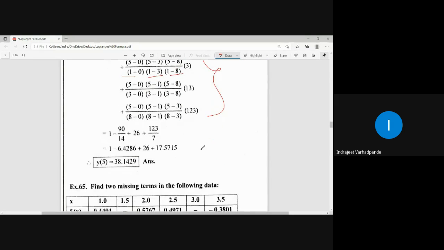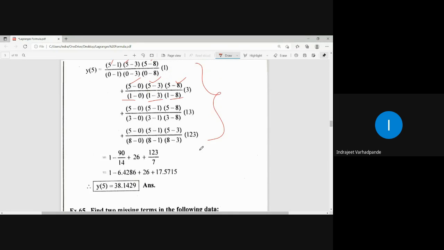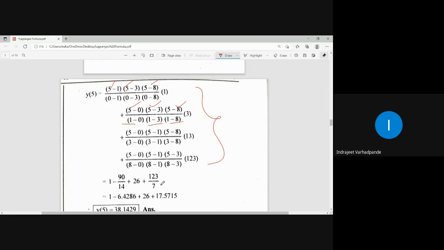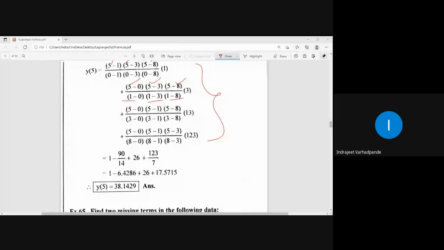And in this manner, we can go on calculating the values, write down the step for each, simplify it, solve them. If it is a fraction converted into decimal, we will be writing down the value in decimal up to 4 significant digits. So here the answer comes out to be